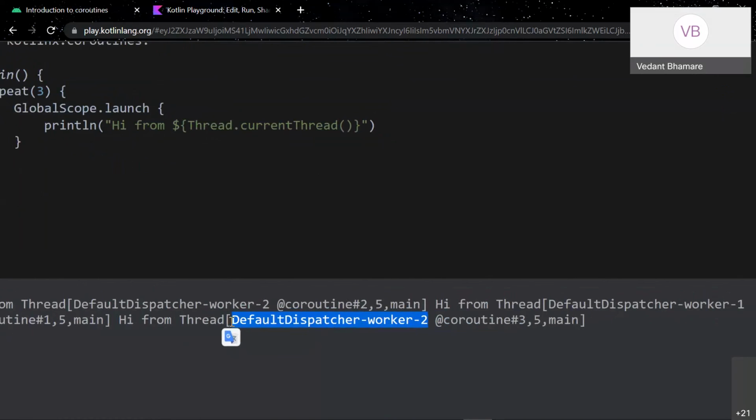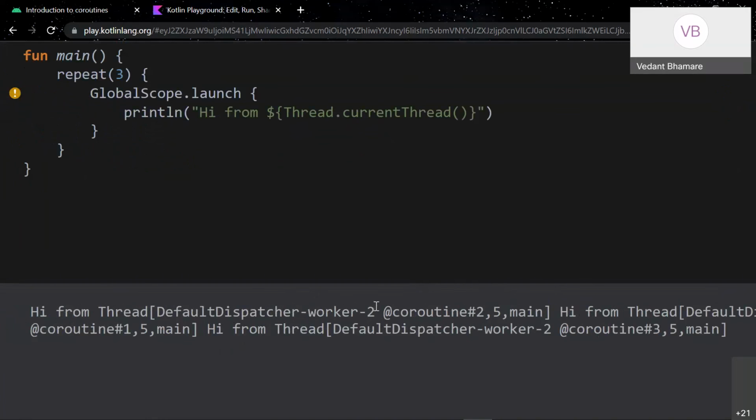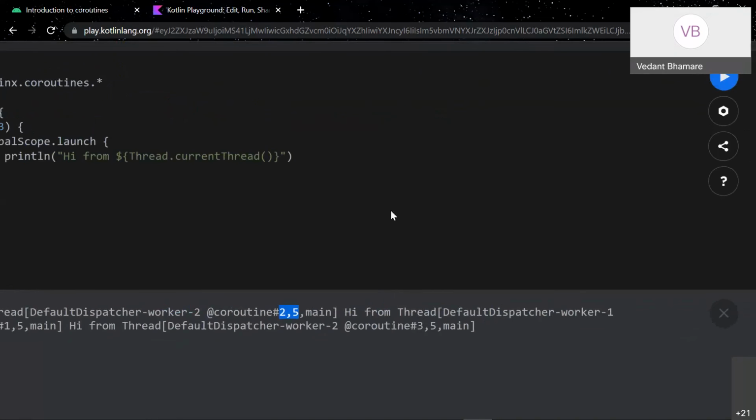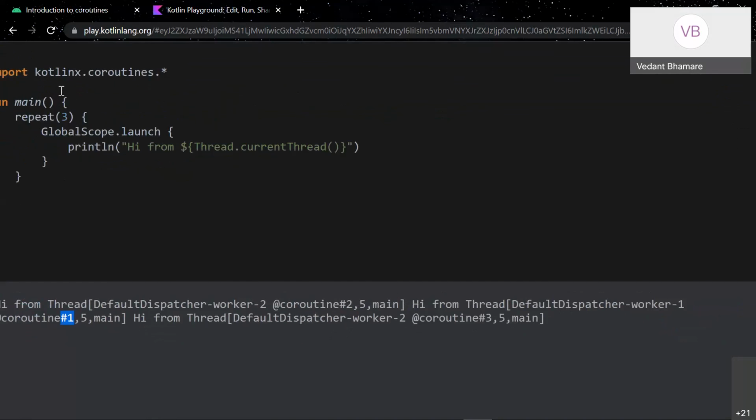I said before, right? A coroutine creates jobs on the same thread, and it is very dynamic. It looks like if the thread is too busy, then it could also start a new thread. Here you can see that this was thread worker-2, and coroutine#2 was like the second job. Here it might have assumed that in the IDE there might be some background processes going on. Then it switched the thread, and it went back to worker-1, and this is the first job, coroutine#1. And again in the third repeat.